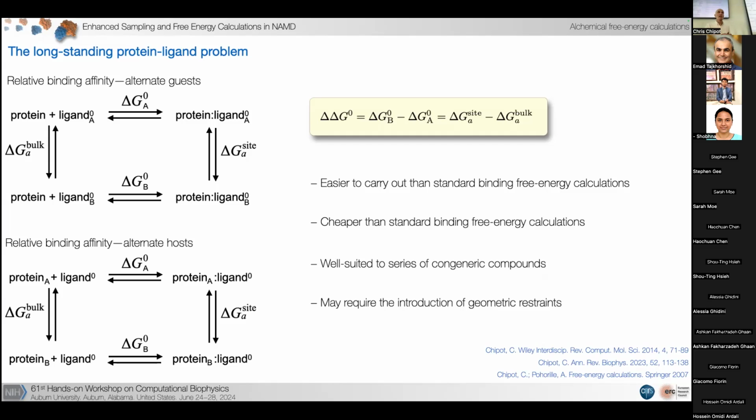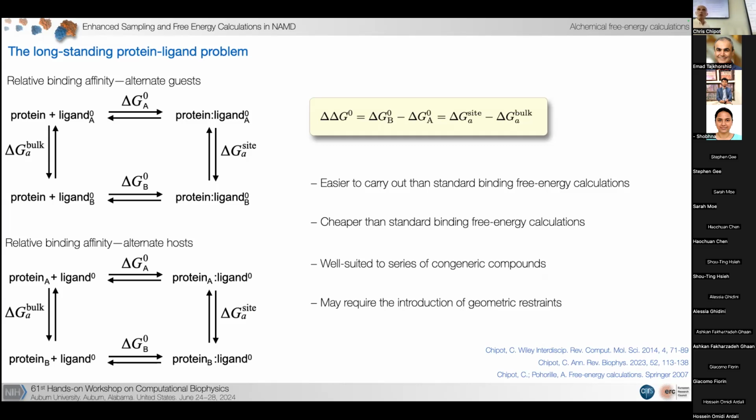You get that from ITC, for instance, isothermal calorimetry. You get that from Biacore or SPR, so surface plasmon resonance. They will give you the binding constant and therefore the delta G. What we do